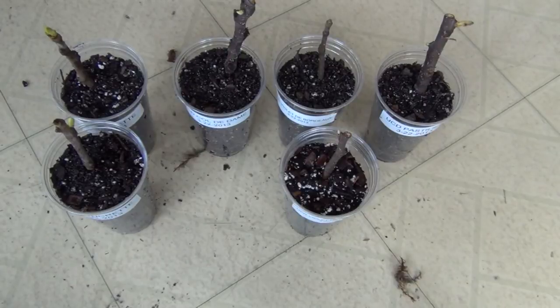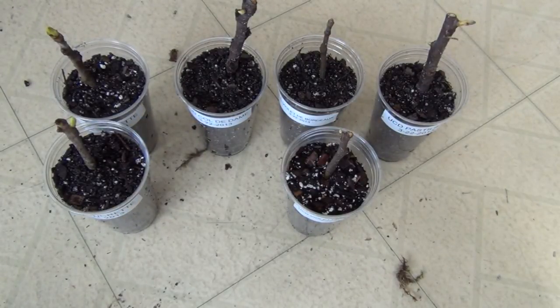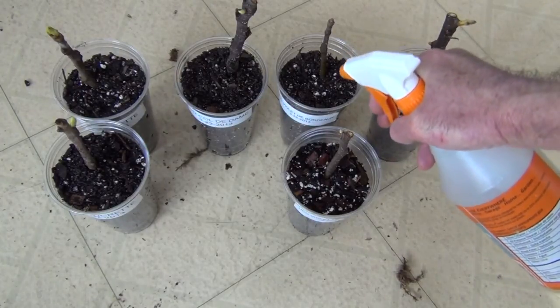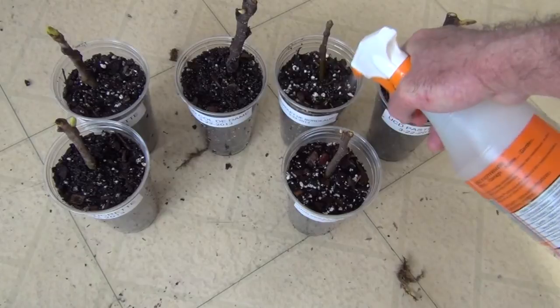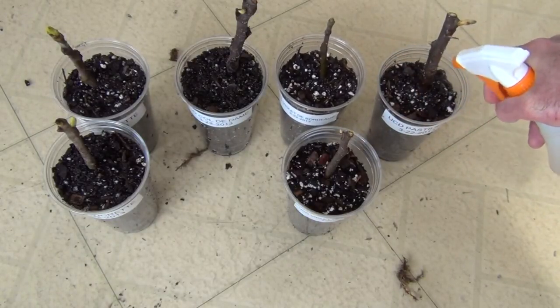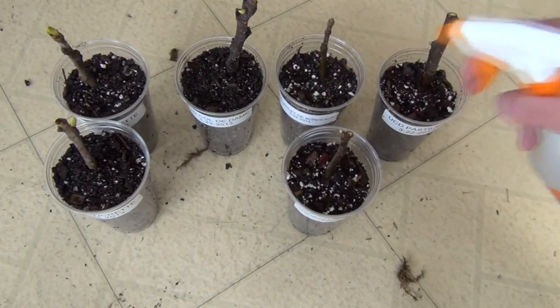So I transferred 6 cuttings to cups today. I've got 2 Sucrete, 1 Col de Dame, 2 Violet de Bordeaux, and a Pastelier. And I'm just going to water these in lightly with the spray bottle. And that's enough moisture. Like I said, I already pre-dampened this soil mix, and it's going to be in a